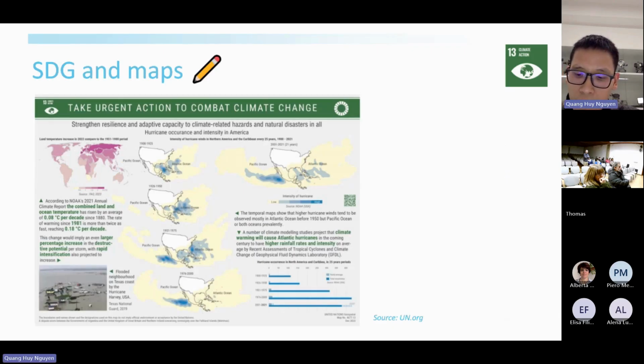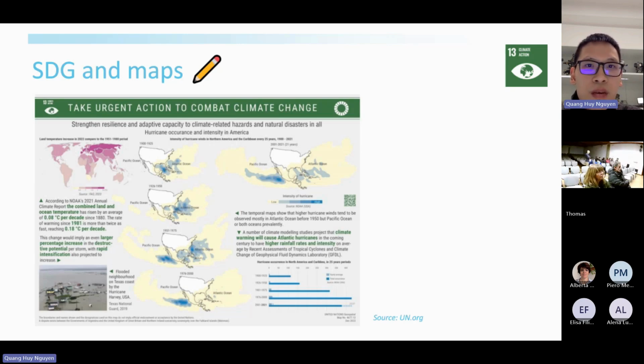So what is the connection between this framework, the SDGs, and what we do about cartography, about maps? We can see here that a lot of maps have been made to illustrate each goal.